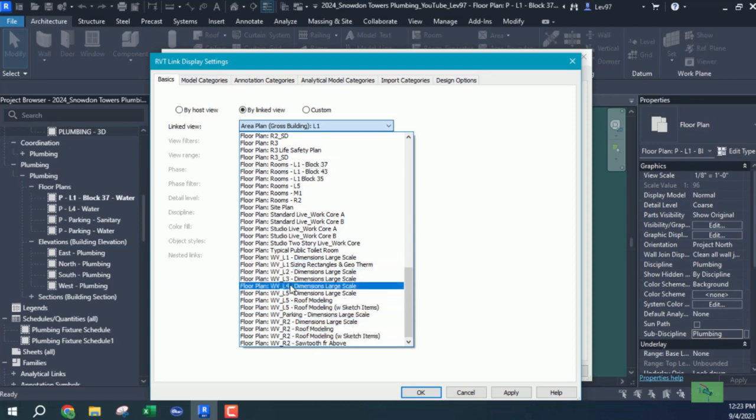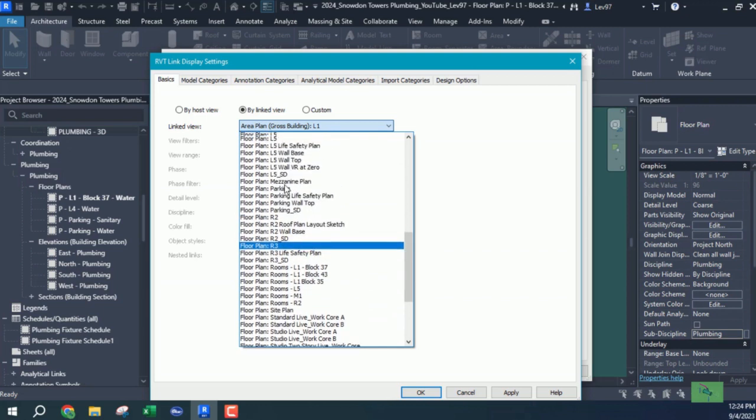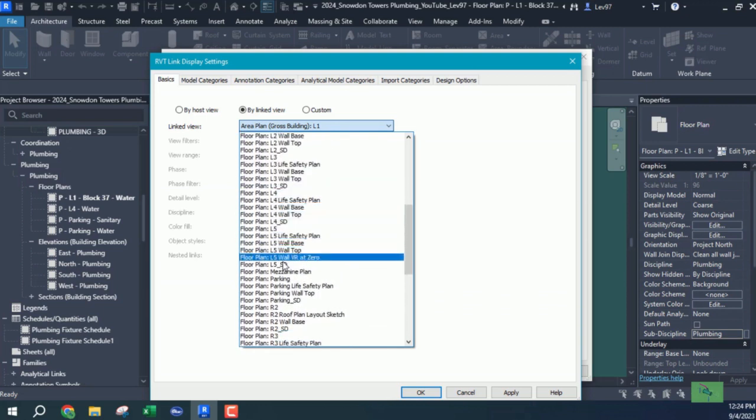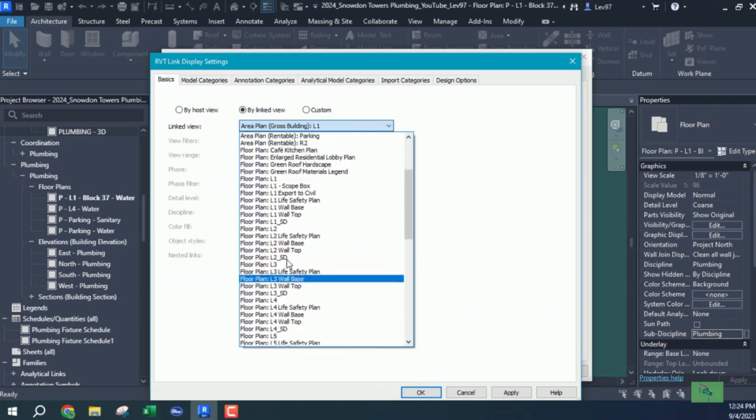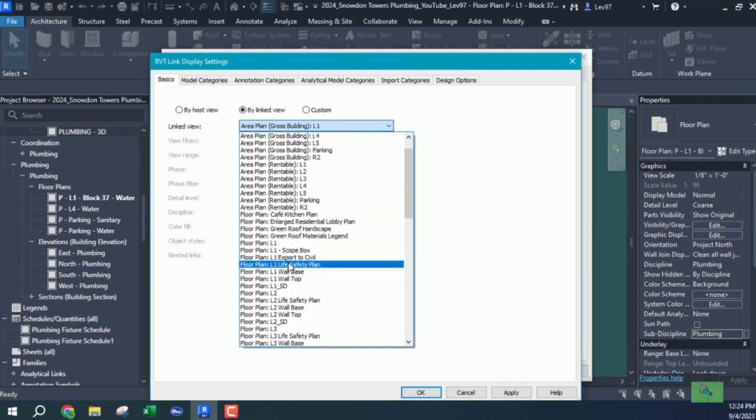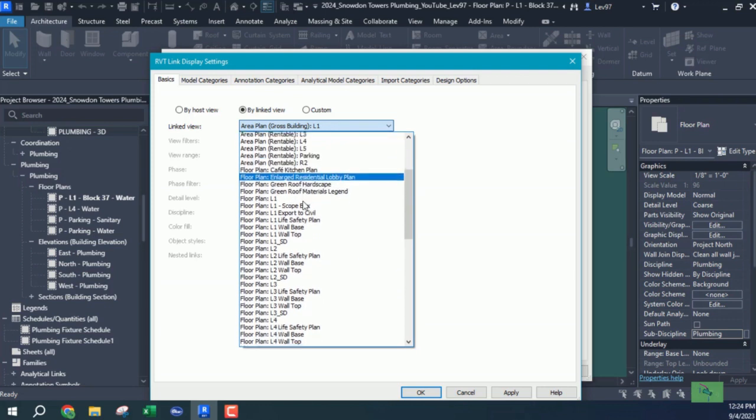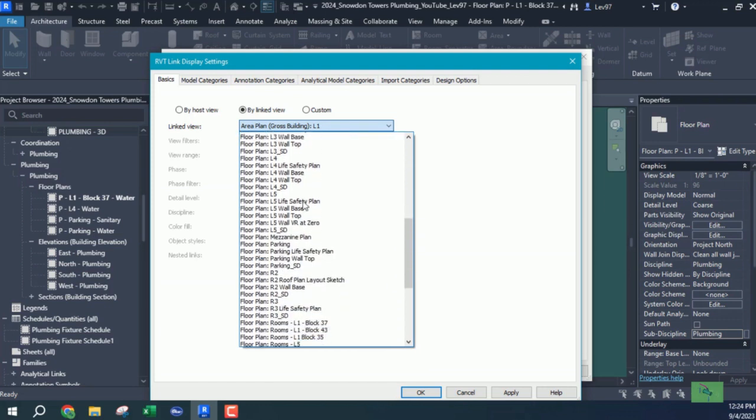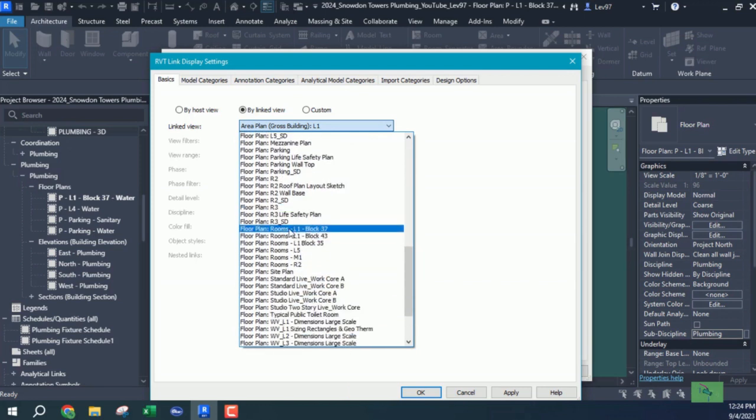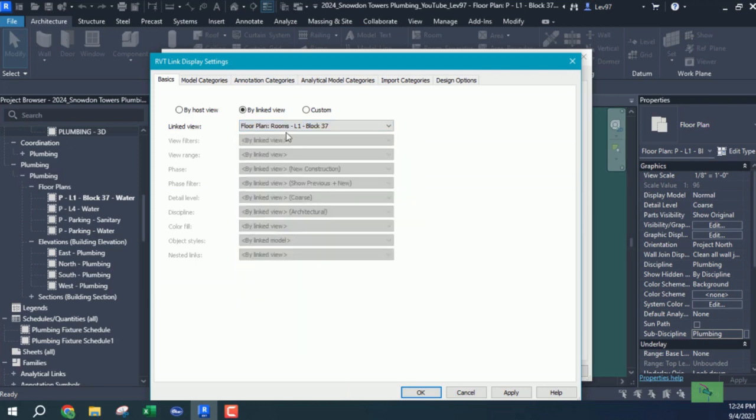Rooms. Okay, it looks like that's our only option. You can always go back to the architect's model and open it and see what works best for you. I'm being lazy right now, but I think that's the only one. I'm gonna go rooms. It is what it is. I'm gonna go rooms, and then